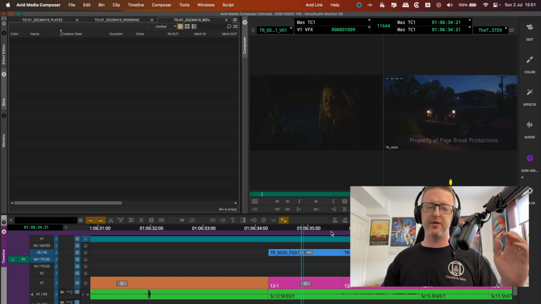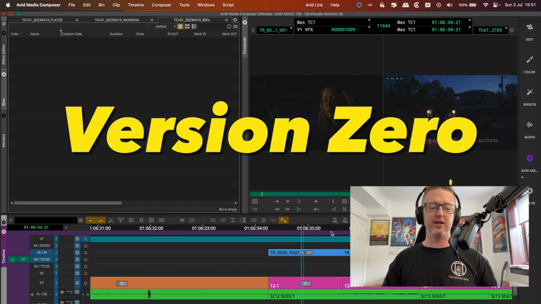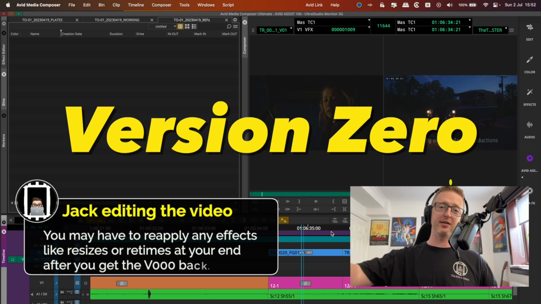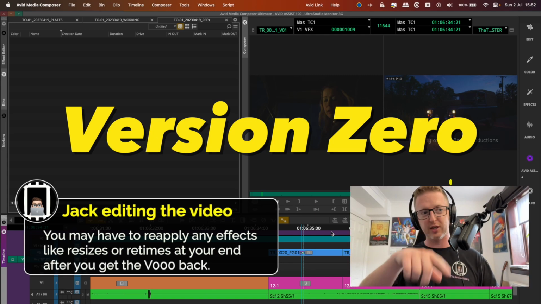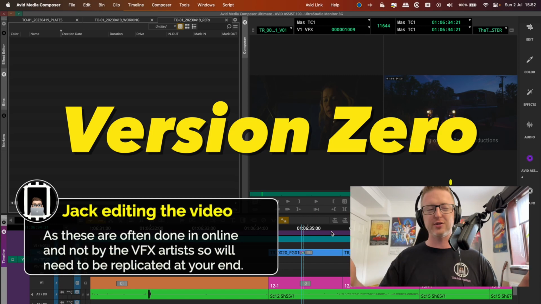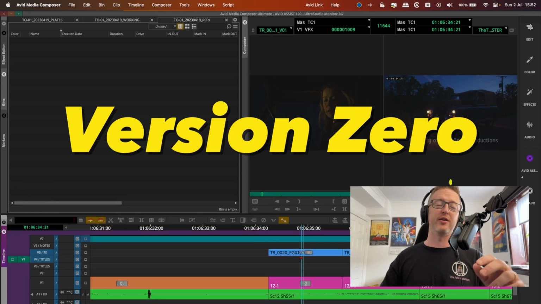After the shots go to the vendors, they'll generally send me back what's called a version 0, which is not even the first version of the shot. It's just they've laid it in, they've checked the formatting is correct and it's got all the correct frames, they have what they need, and then they export it out and send it to us just so that we can test bringing stuff in and we can double check their work, that all the frames match and that they've got the right material. And then I'll replace what's in the subcap with the version 0,